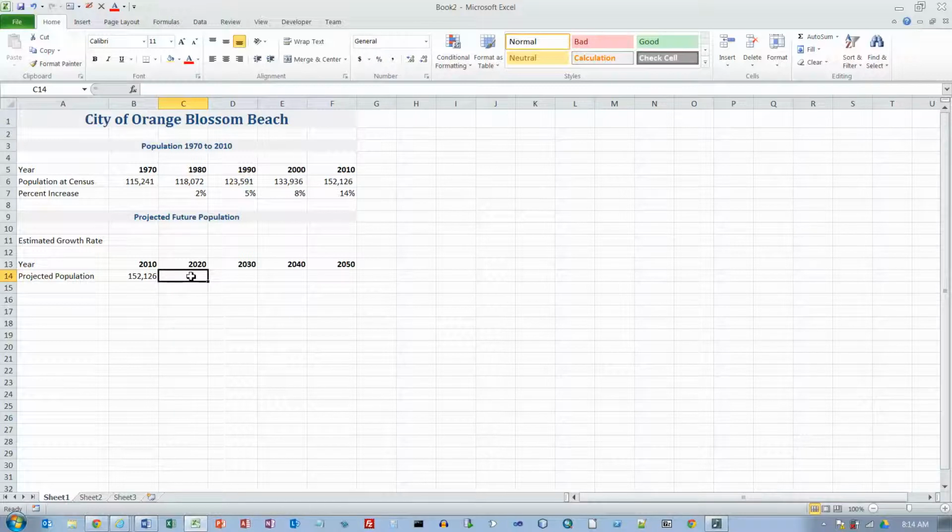Now we're at the top of page 398, and it says go to B11 and type 8%. And select the range from A11 to B11, which is these two cells right here. We want them to be bold, and we want them to be italic, and then we want to save our book here. Do Save As,